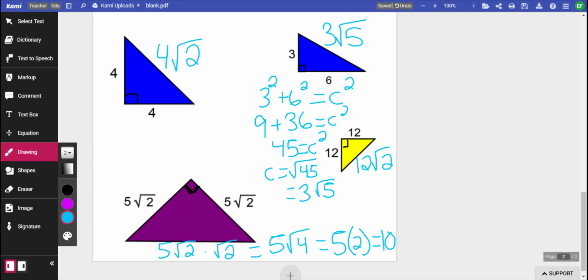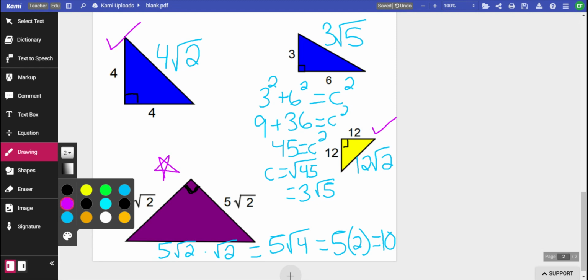So as you can see from these examples, we had 2 that we could go ahead and just apply our special right triangle rules, easy peasy. We got this triangle and this triangle here. We did get to use our 45, 45, 90 rule for our example down here, but we did have to do a little bit of calculations first before we could do that. This example over here was our trick